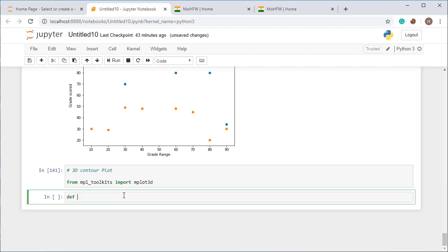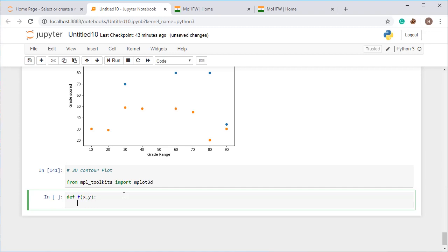So I'm creating just a function first, x comma y. This one is actually used for plotting a graph for budgets. All right. When you are preparing a budget for your company, then these graphs are used. So I'm just creating a function with np.sin, and this one is nothing but the sine function.